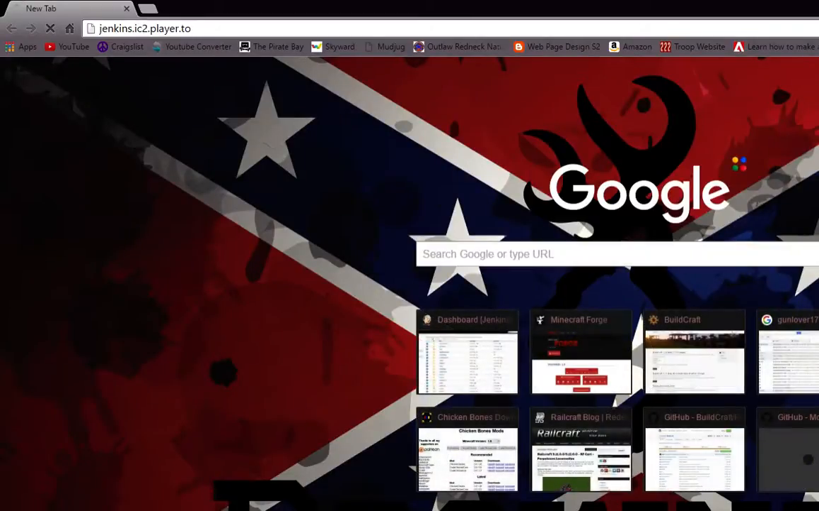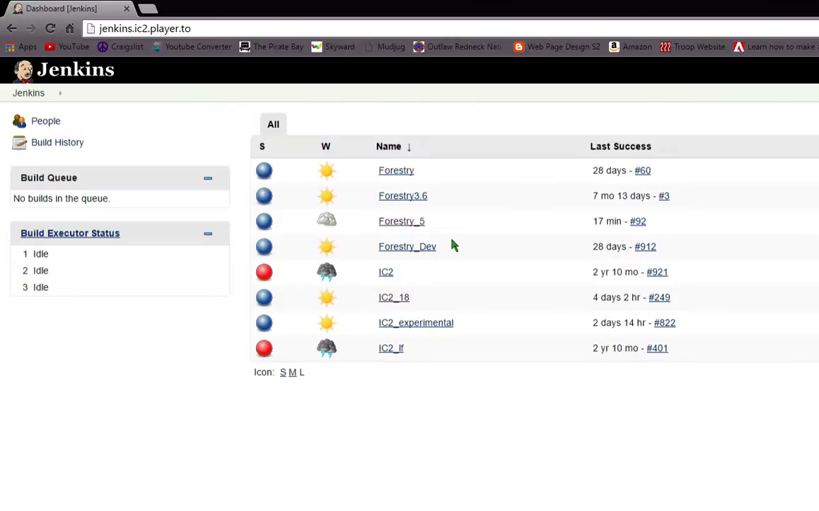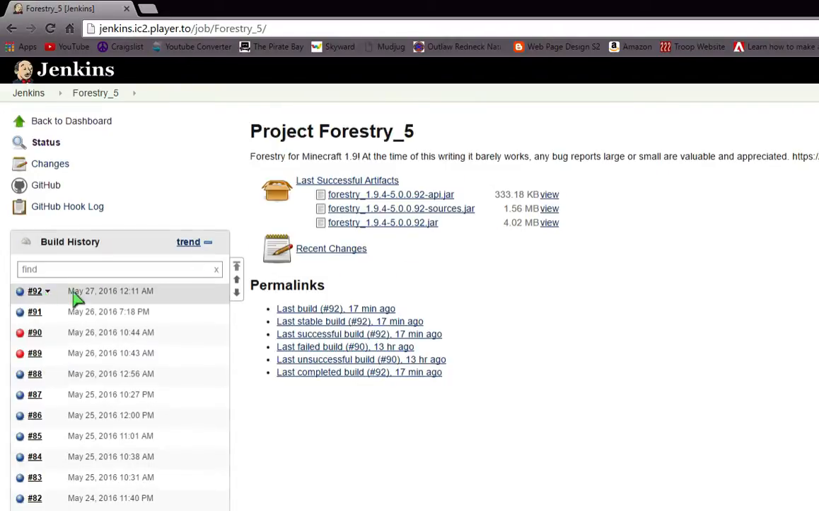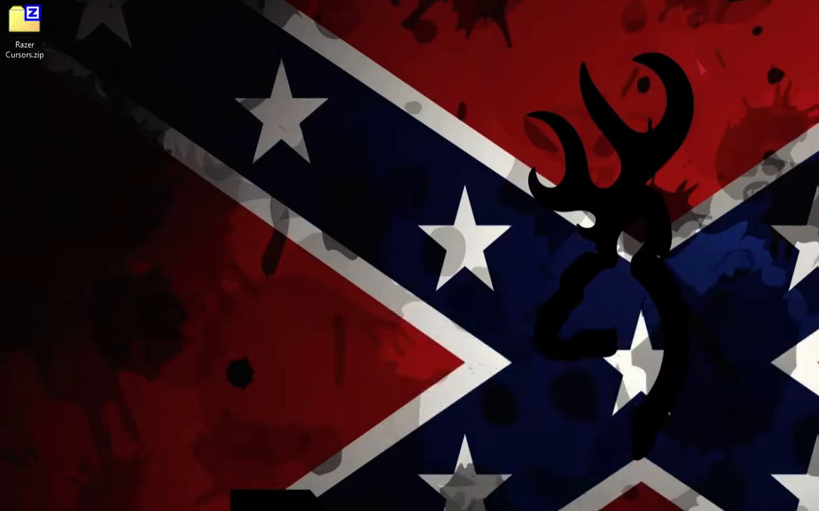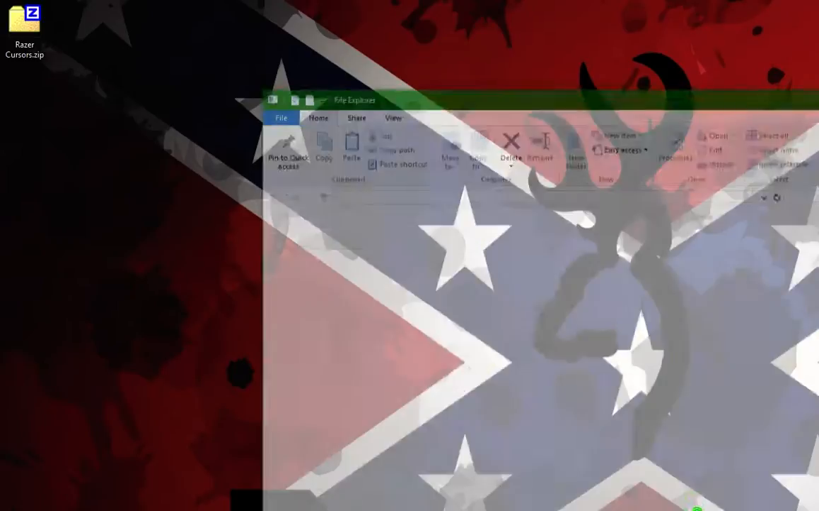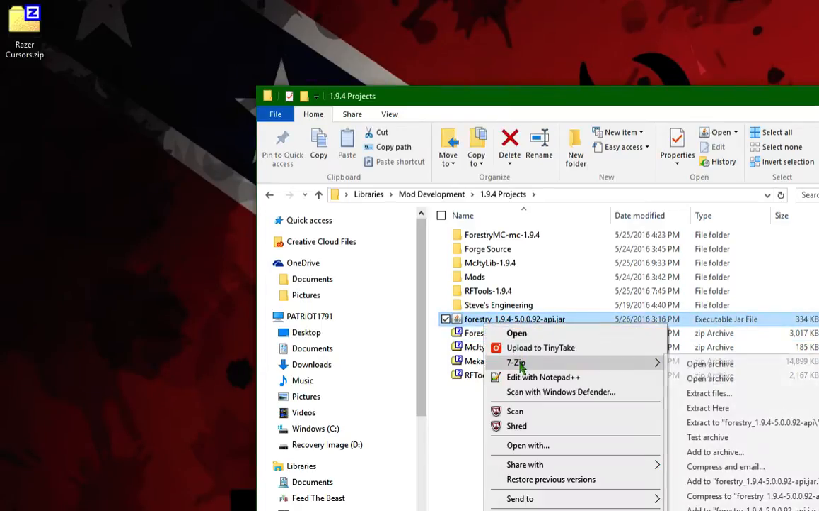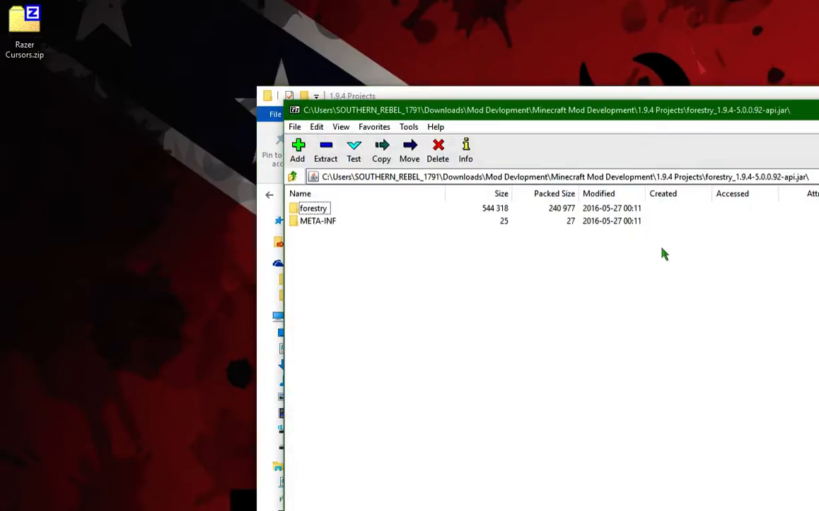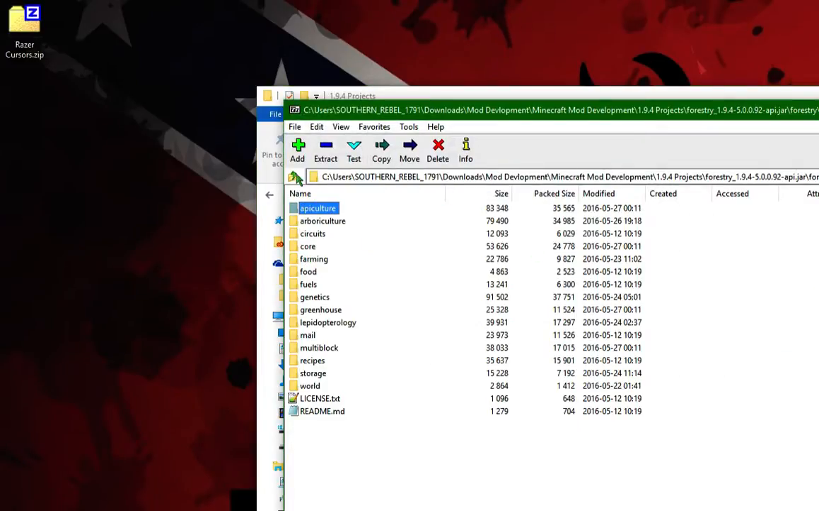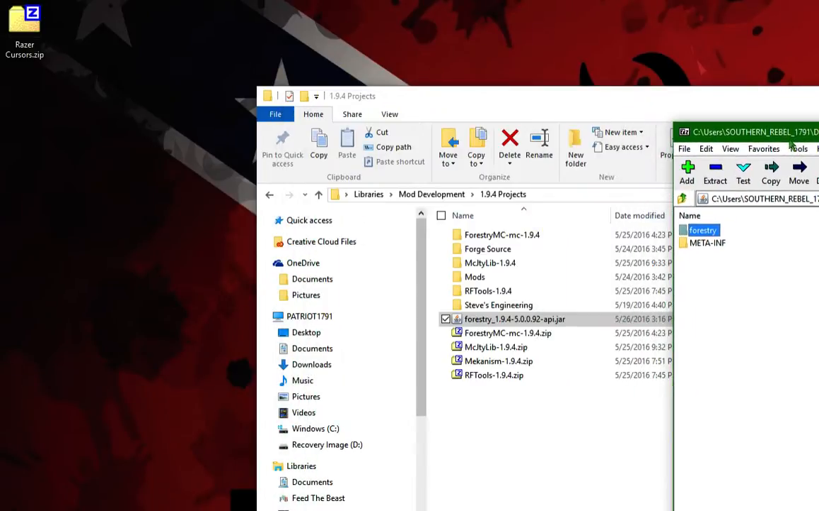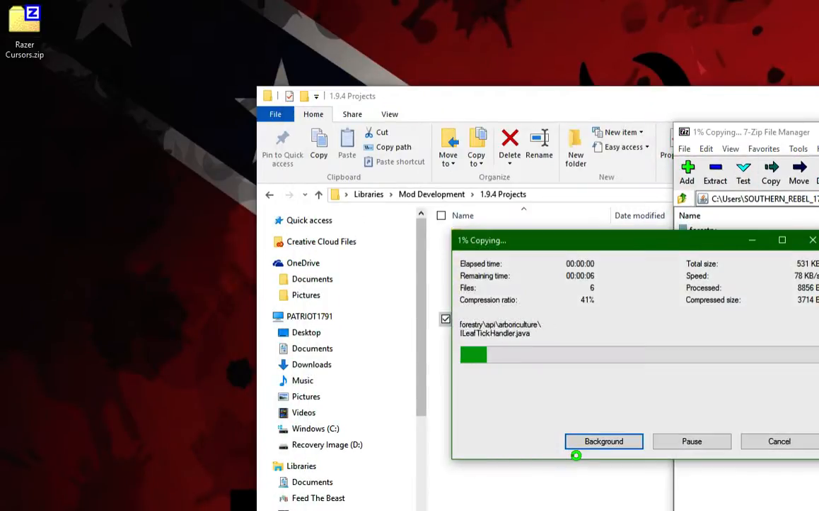Real quick, like literally maybe 10 minutes ago, Forestry 5 for 1.9.4 came out. So I grabbed it, and I also grabbed the API. I downloaded it to mod development, and I put it in 194 projects, and it's right here. It's the jar file. I'm gonna open the archive and come in, and basically I'm just going to drag this into here, and then